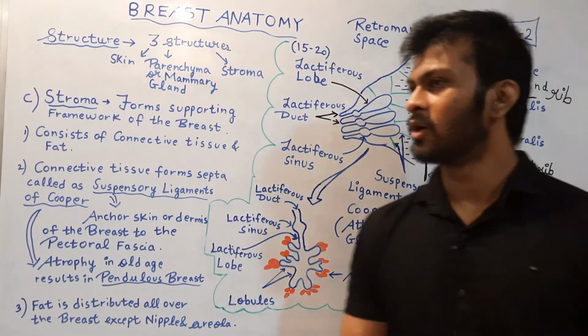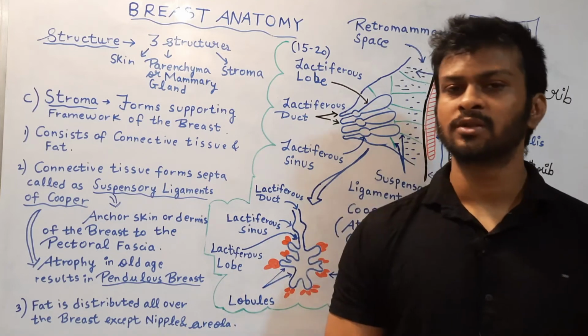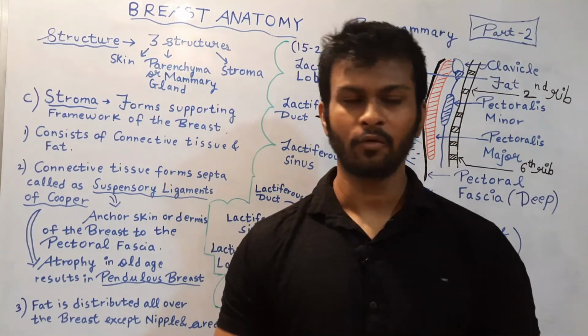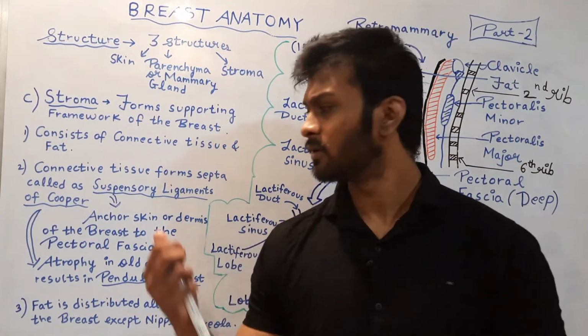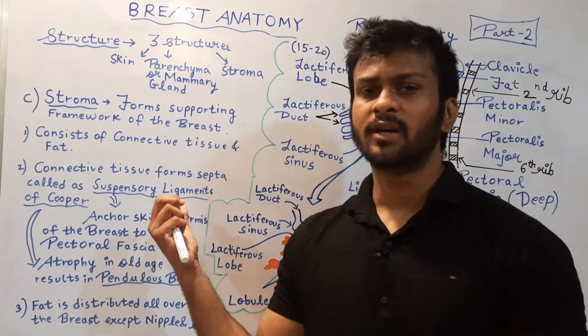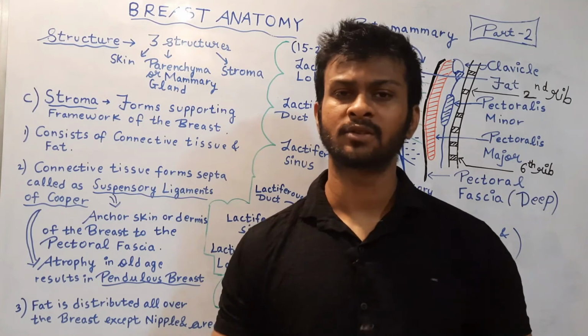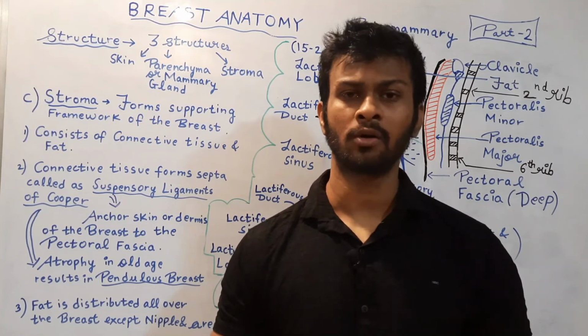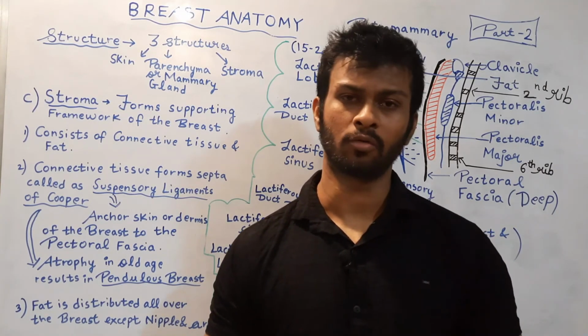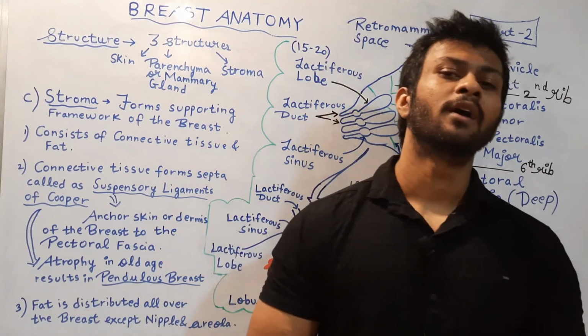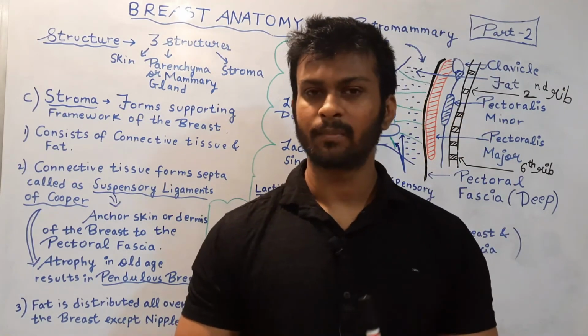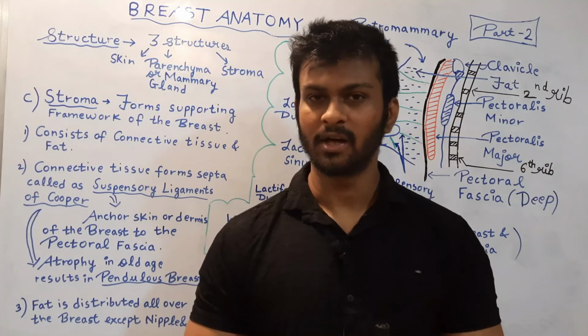Okay. So I think you have understood this topic. Now I assure you that after studying this, you will be able to understand this topic from complex reference books like Atlas or Gray's Anatomy. In the next part of the video, we will discuss blood supply, nerve supply and venous drainage in detail.